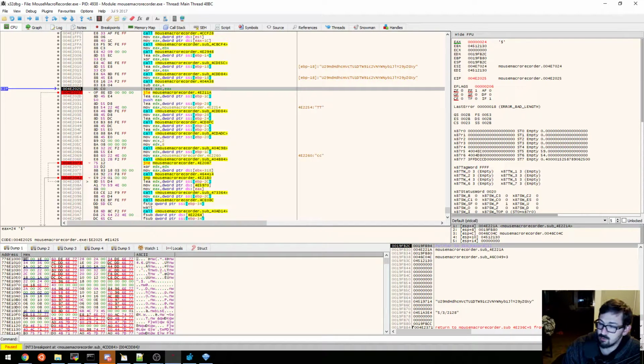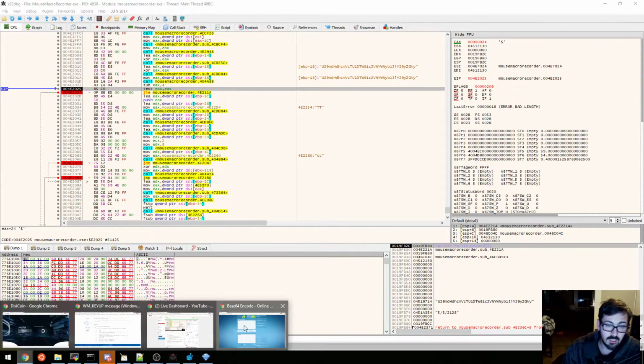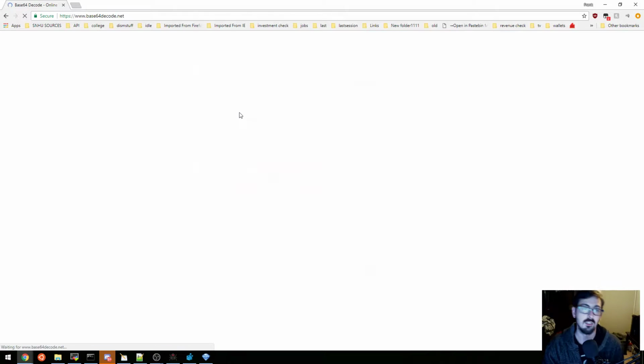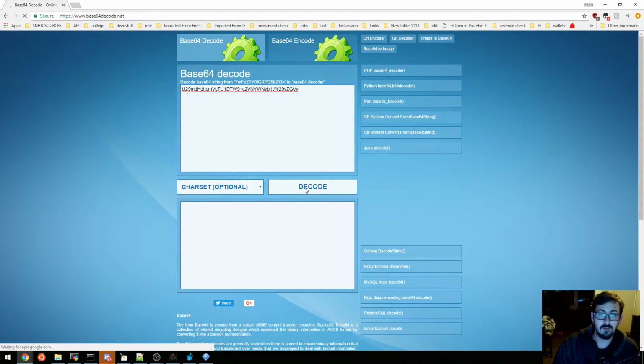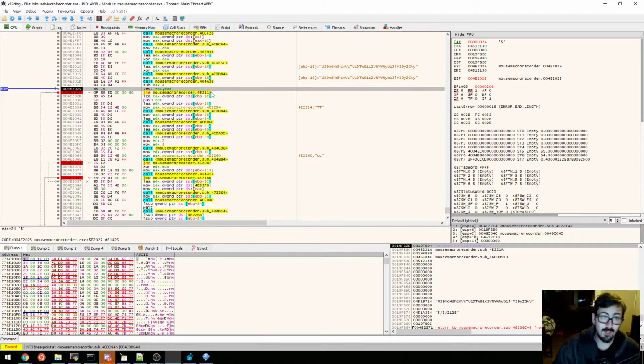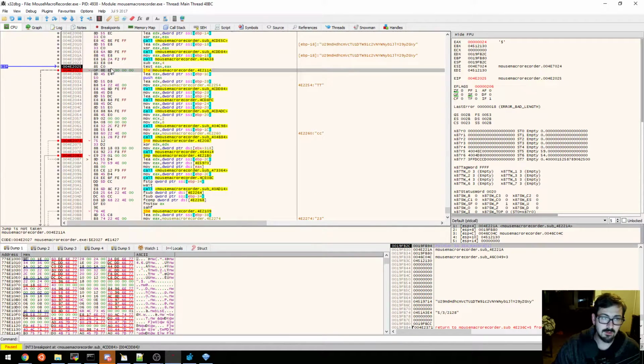I do want to try something here real quick. Decode. What the? I'm not sure why it's encoding that, but sure, why not? So this one, jump if less than or equal, is now not going to be taken because, and we know that we don't want to take it.